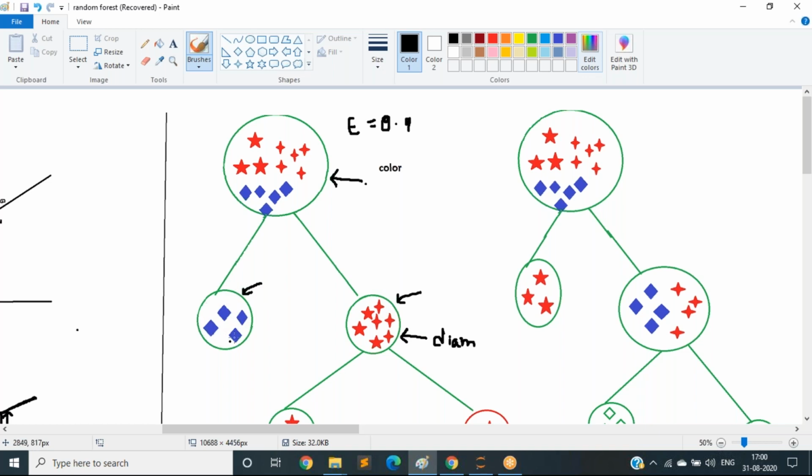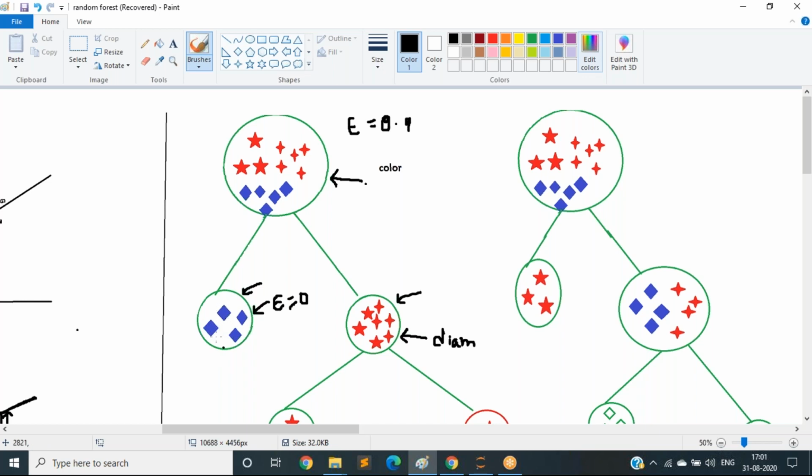Can you say what the entropy is here? Is the entropy 0 or more here? Entropy here might be 0. Why? There is no measure of unpredictability here.